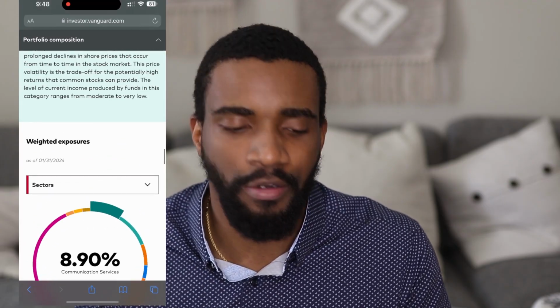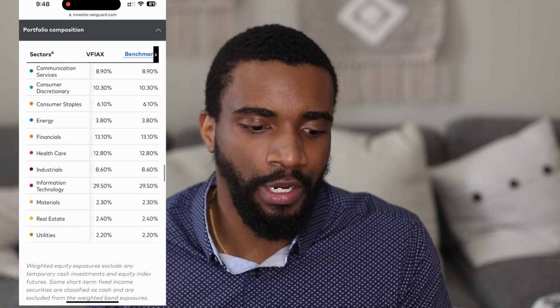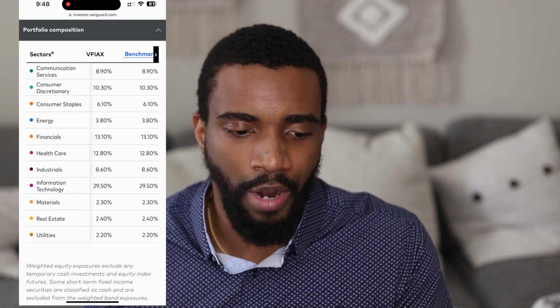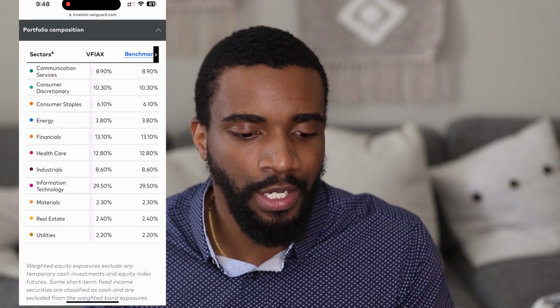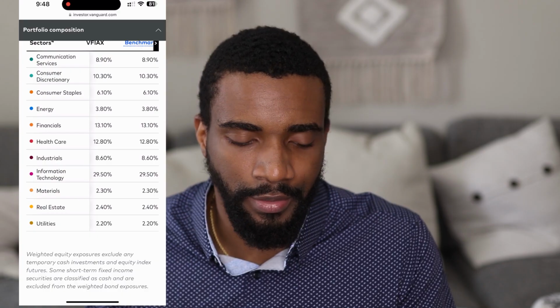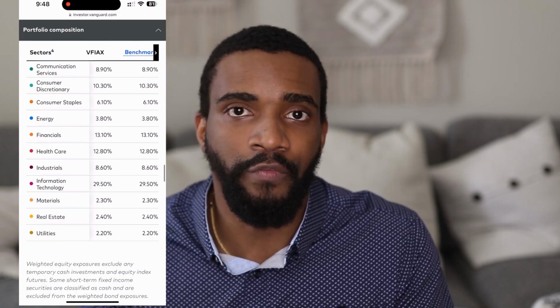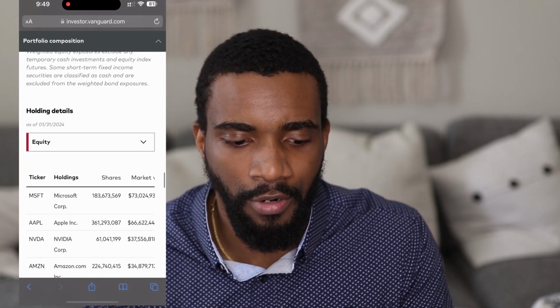And if you guys are wondering, this is exactly where I got the breakdown of the composition when it comes to the 11 sectors. This is where I got it from. And just so you know, Vanguard invented index funds. So this is a highly reputable source, and that's how they split theirs up for VFIAX in particular. And this right here is showing their top 10 holdings right now.